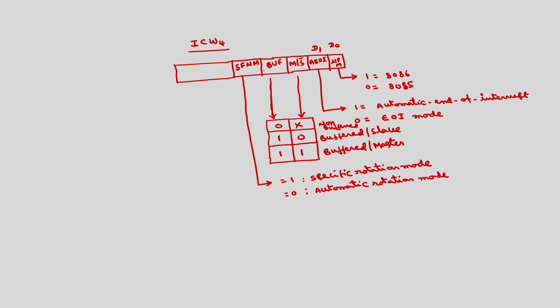So, these are the 5 bits, the remaining 3 are don't cares, and this is the A0 bit. A0 is equal to 1 for ICW4 also. Using these initialization command words, we will write some programs later. At that time the operation of ICW4, and how to form ICW 1 to 4, will be clear.